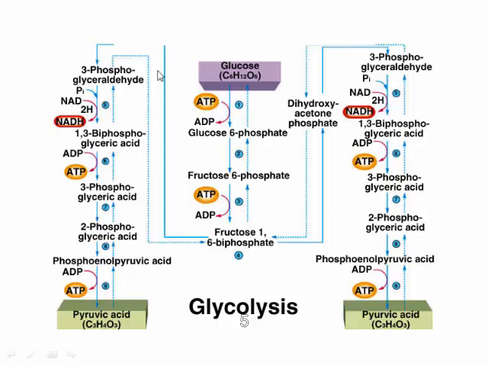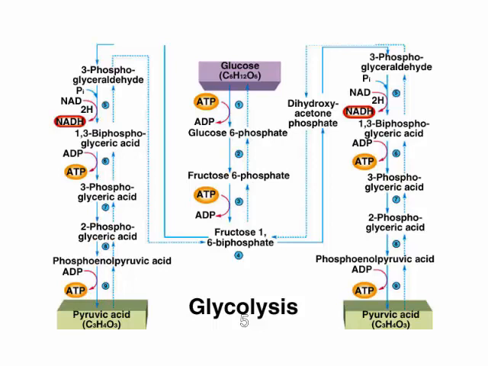Eventually, you're going to make two ATPs on the left, two ATPs on the right, so you make 4, but you're going to use 2. And you're going to take the glucose, break it down into 2 pyruvic acids, each with half the number of carbons, right? So we had carbon 6 in glucose, now we have 3 in each pyruvic acid. I want you to know that you do make some reduced coenzymes, so NAD becomes NADH on both sides. And I want you to know that this happens in the cytosol. Okay, it's not